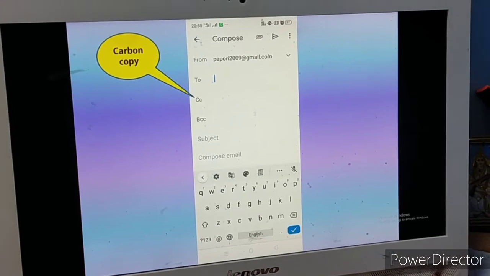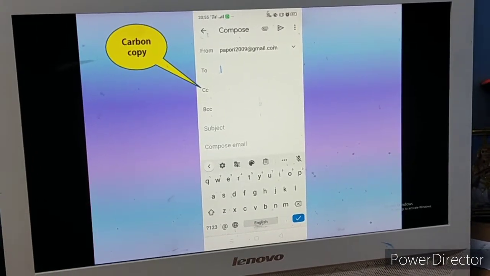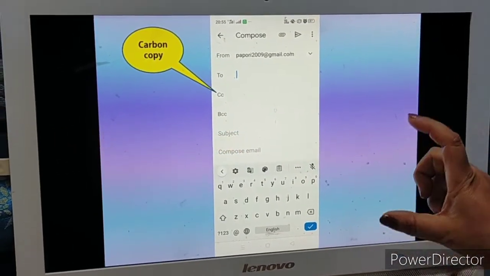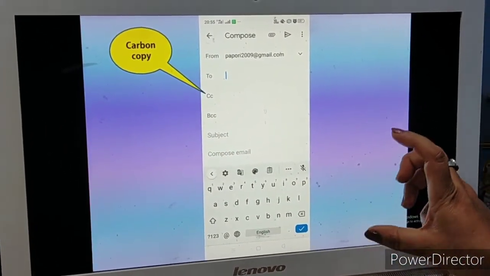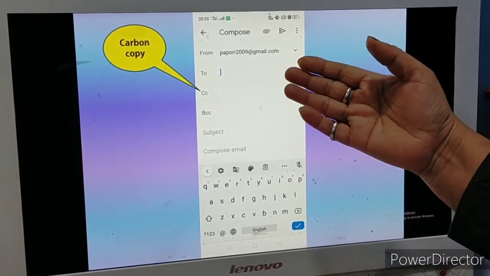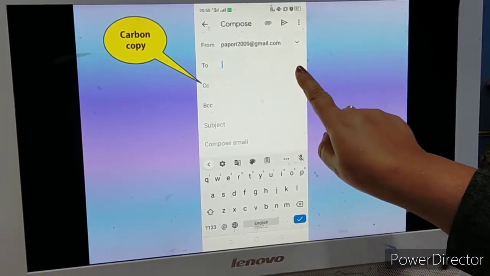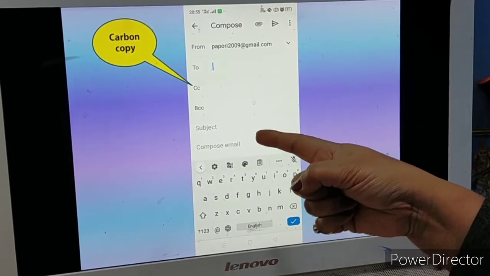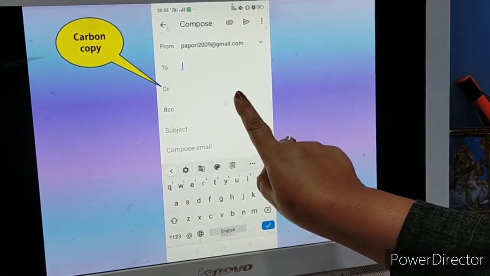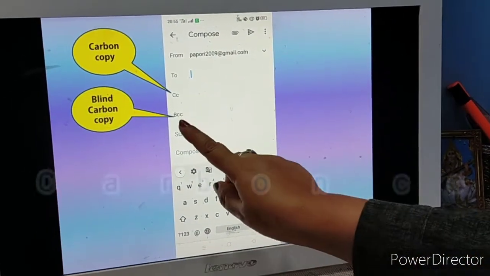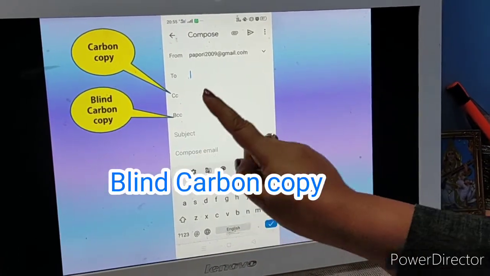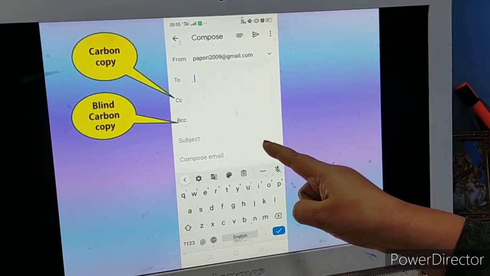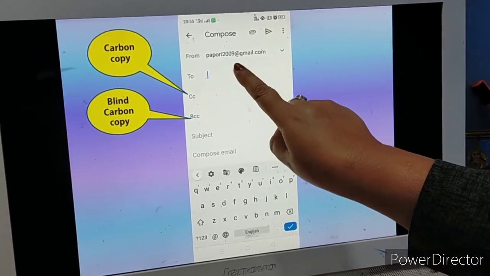The next is CC. What is CC? It's a carbon copy, which means that you also want somebody else to receive a copy of this particular email. That is known as a carbon copy. And the other person, the To person, your first person who will get your email, will also know that a similar copy has been sent to another person in CC. But what is BCC? BCC is blind carbon copy. It means you want someone else to get this particular email, but you do not want the first person to